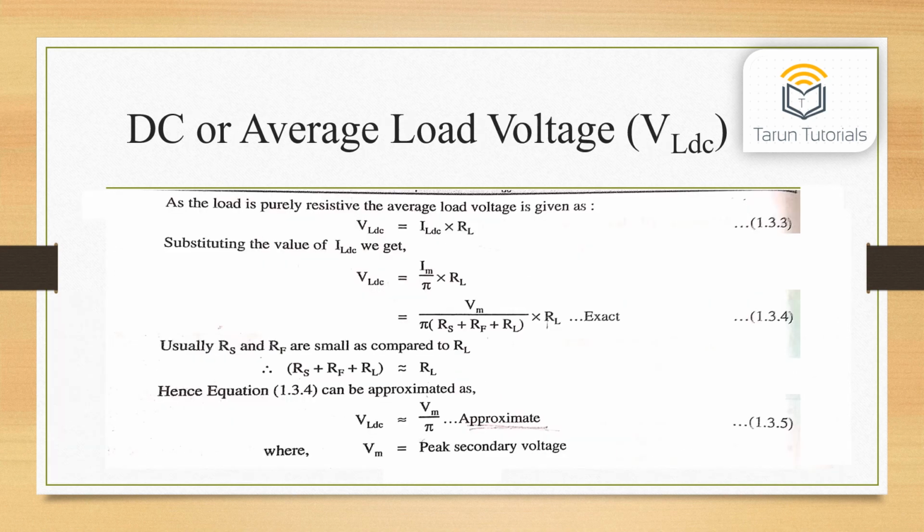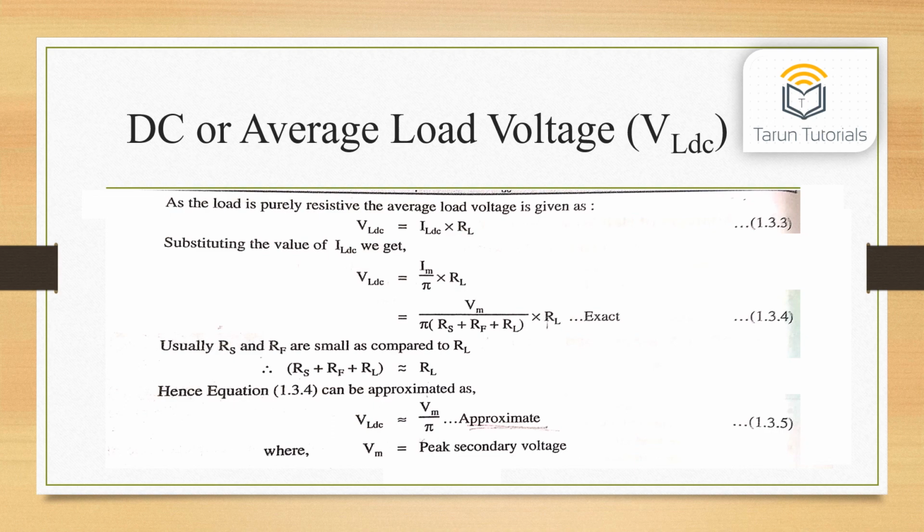DC or average load voltage, VLDC. As the load is purely resistive, the average load voltage is given as VLDC equal to ILDC into RL. Substituting the value of ILDC, we get VLDC is equal to Im upon pi into RL. We know that Im is equal to Vm upon Rs plus Rf plus RL. So substituting the value of Im into VLDC, we get VLDC equal to Vm upon pi (Rs plus Rf plus